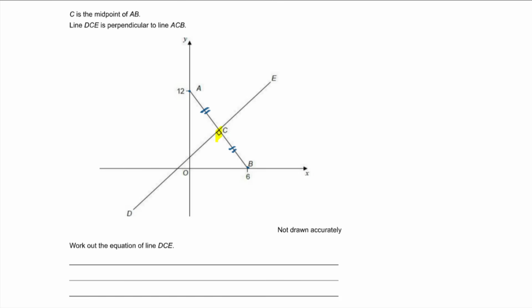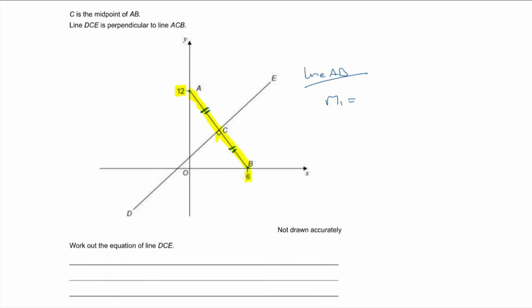Now, I don't know much about DCE at the moment, but I do know a fair old bit about this line because I've got these 2 points here and here. And because I've got those 2 points, I can work out the gradient of that line. So if I work out the gradient of that line, then I can find the gradient of the other one using the same relationship we used earlier. Okay, so let's do the gradient of AB first. For the line AB,